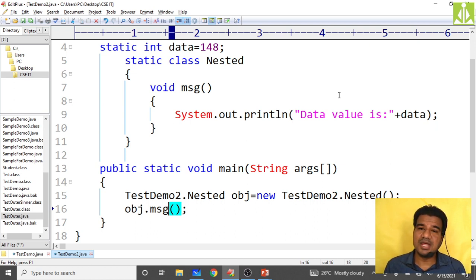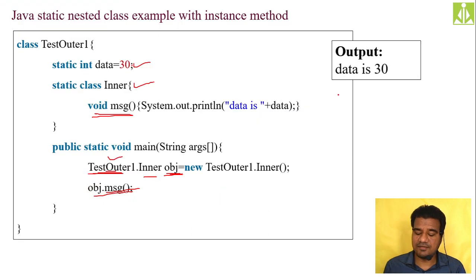Inner classes have three different types: member inner class, anonymous inner class, and local inner class. Of these three, we discussed member inner class and local inner class. Anonymous inner classes, we had a commitment: after the discussion of the interfaces concept, we will discuss anonymous inner classes. Then static nested classes, we discussed that also. I have demonstrated and we had the discussion, everything we have done.